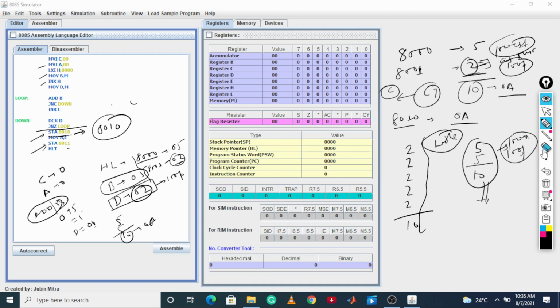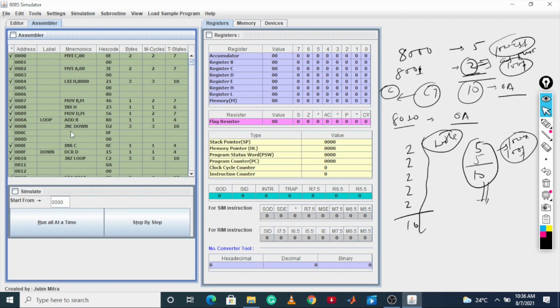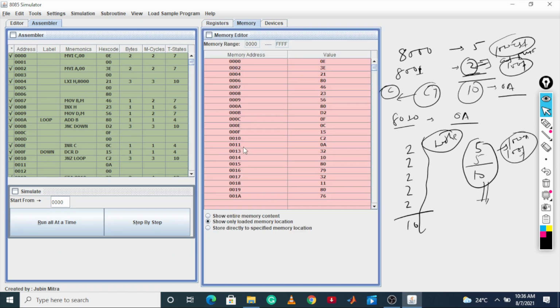Now let us erase all things, and we are going to just simulate this one. Before simulating, let us assemble first. Assemble this program. Go to assemble. Now you will be getting this program. This program we have written. Now go to memory, and here this opcode and this opcode will be the same.